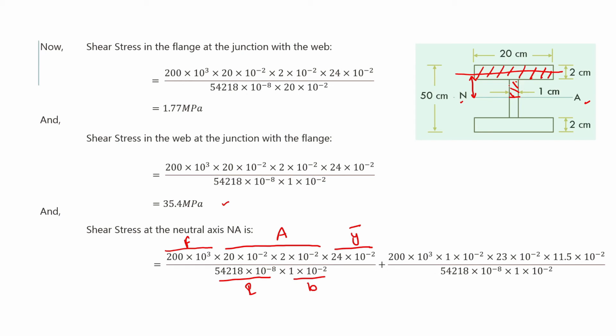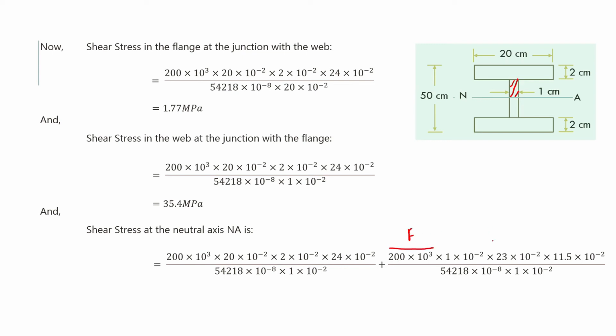Now for this second area, web का जो half portion area अब हम इसे लेंगे. So now we will consider this area and we will use the relation for this area. So this is F. F is again the 200 into 10 to the power of 3. That is the shear force. Area is now area of this much of portion. So width will be 1 centimeter and height will be 25 minus 2 means 23. So this is 1 into 10 to the power of minus 2 meter into 23 into 10 to the power of minus 2 meters. So this is the area of the web.